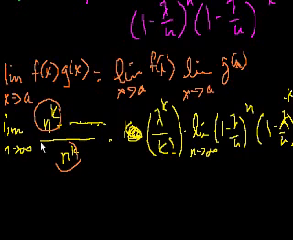So the highest degrees are the same. The coefficients are 1. So this limit is 1. Another way you could do it, you could divide the numerator and the denominator by n to the k, and